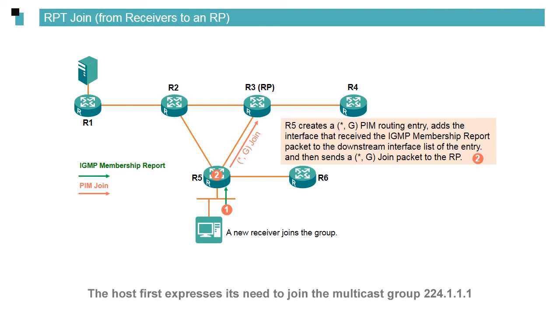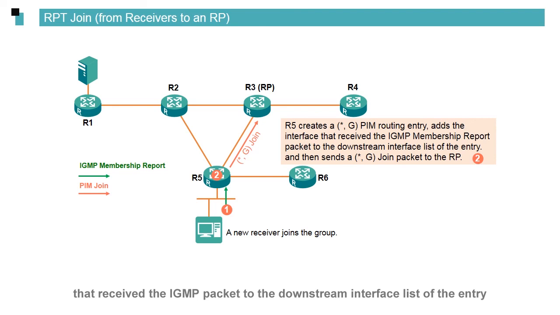The host first expresses its need to join the multicast group 224.1.1.1 by sending an IGMP membership report packet. The last hop router R5 receives the IGMP packet, creates the (*, 224.1.1.1) entry in its multicast routing table, adds the interface that received the IGMP packet to the downstream interface list